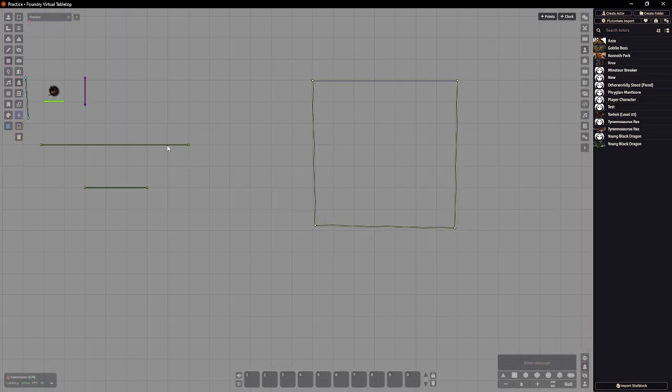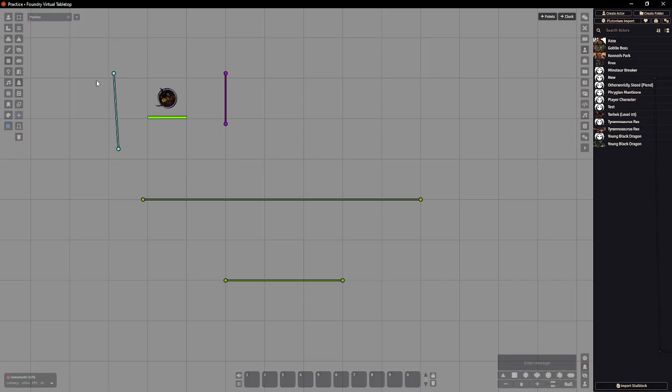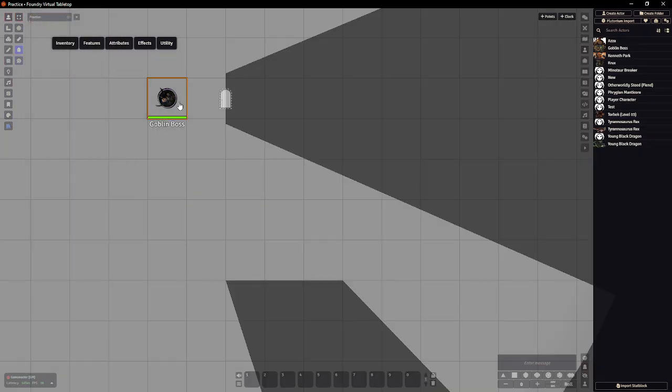So there's this purple line right there, and say I'm this goblin here. This icon is not visible to the player. It's only visible to us. We know where the door is. The players don't. But if they want to interact, get close,